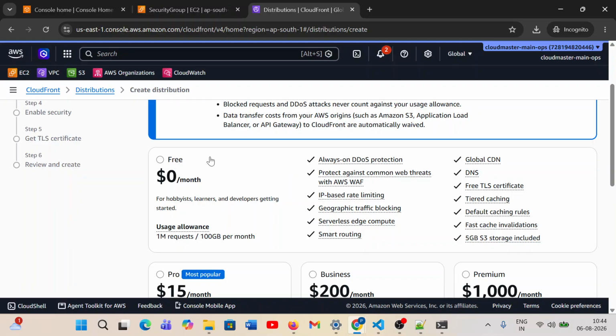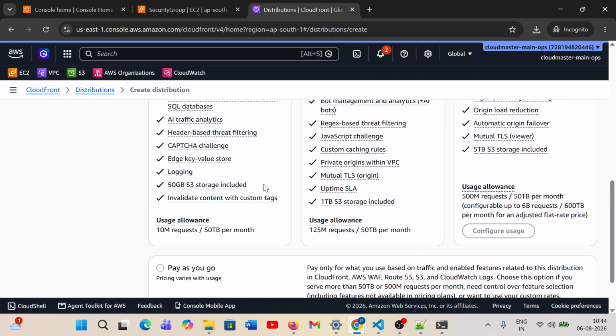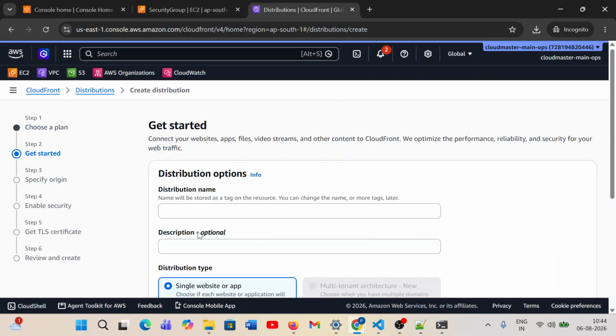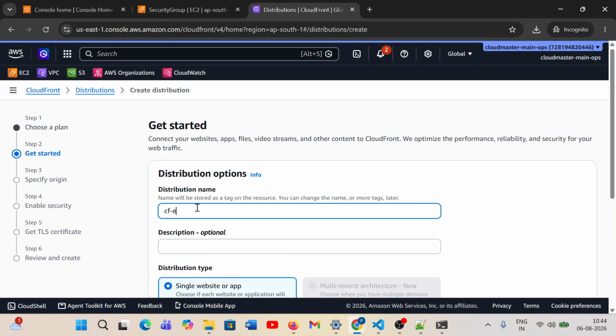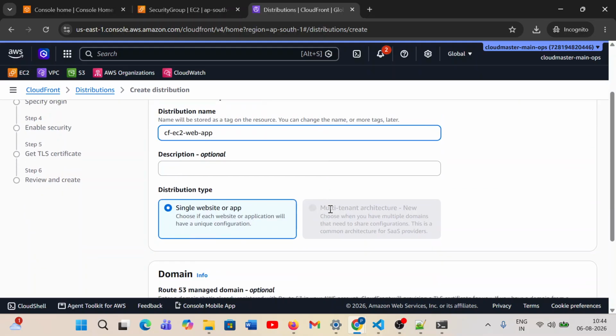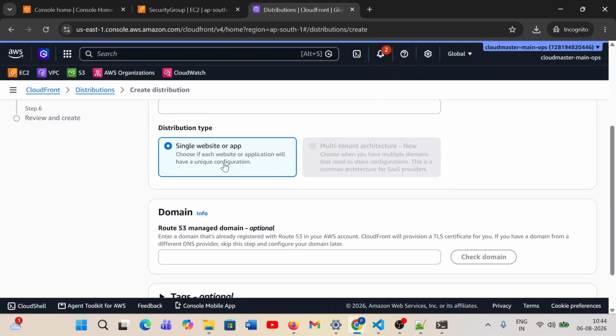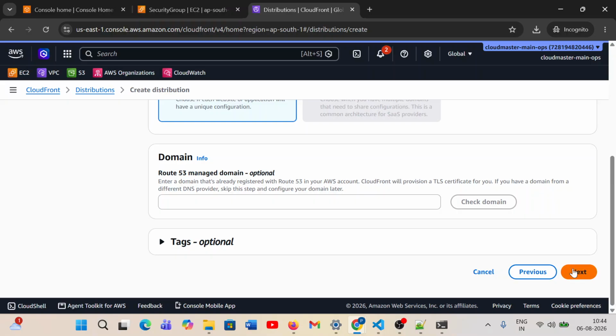Same as the last time we did, free. Next, distribution name. I'll be putting something meaningful, that means CloudFront minus EC2 web app, okay, makes sense. Then single web application, I don't have any domain now. Next,